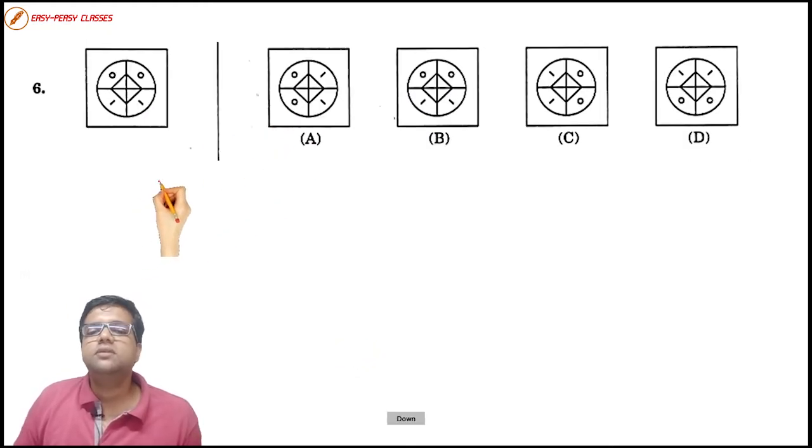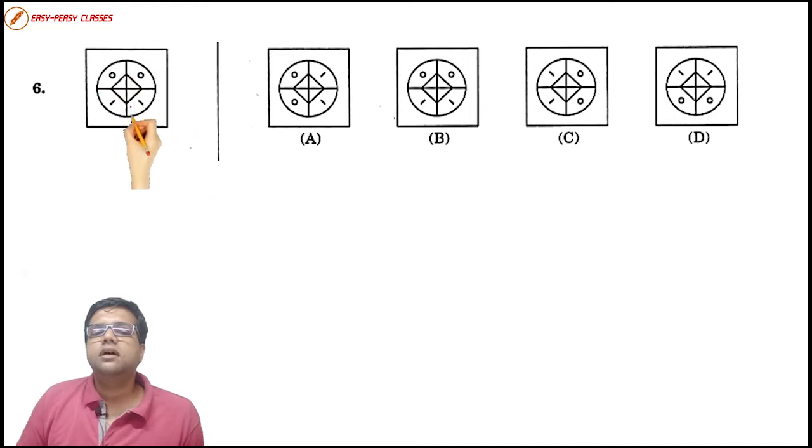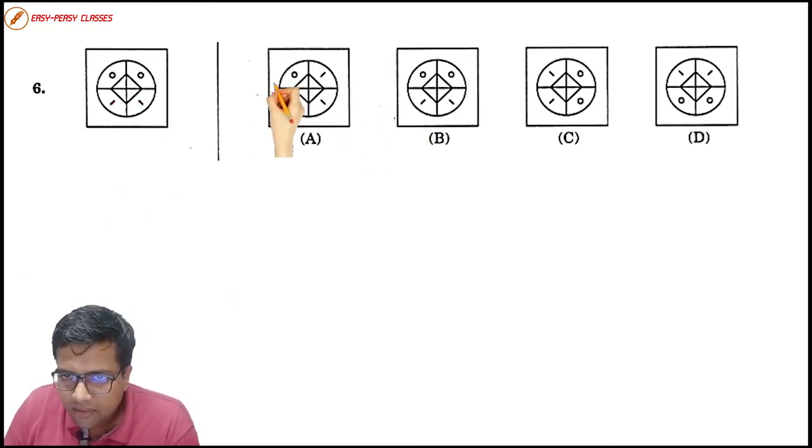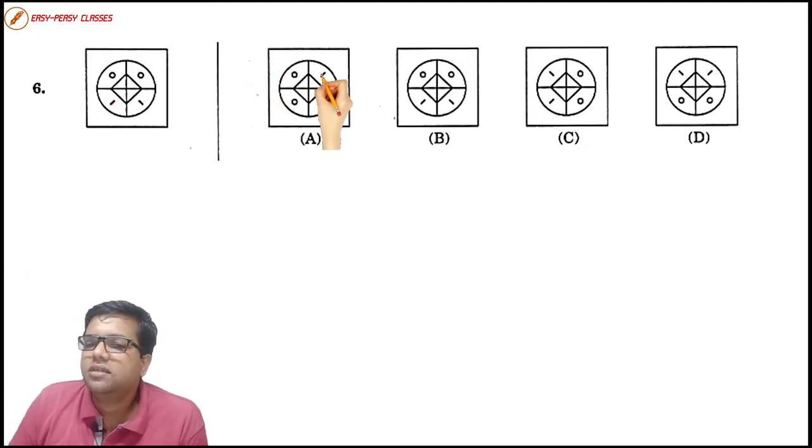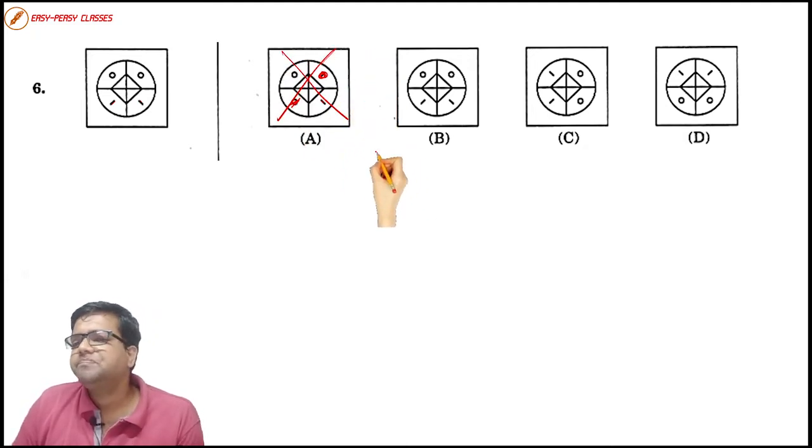Let us move on to the second question, where we have a circle which has been divided into 4 parts. Inside the circle we have a properly arranged square, circumscribed, where these divisions of the circle exactly become the diagonals of the square. There are 2 circles again inside these parts, and 2 lines have been given. But the order is misarranged. The circle should have been here, the line should have been here, so we eliminate option A.